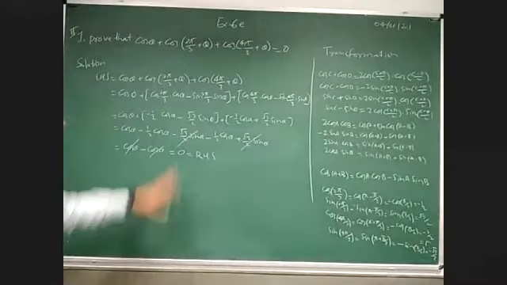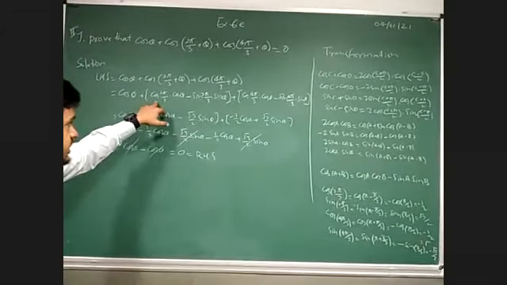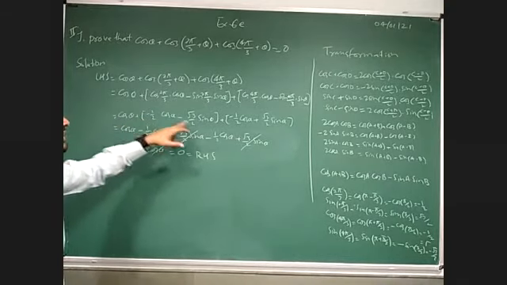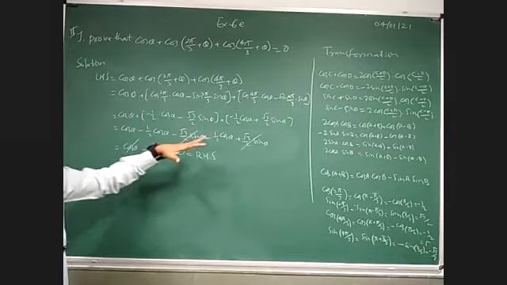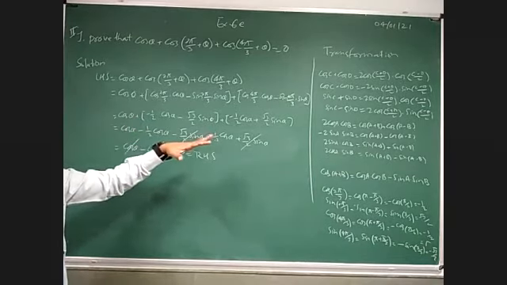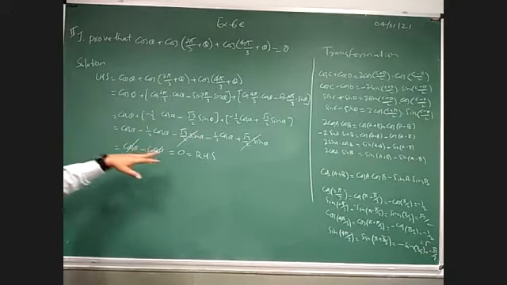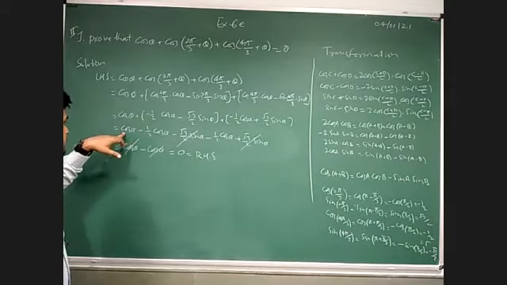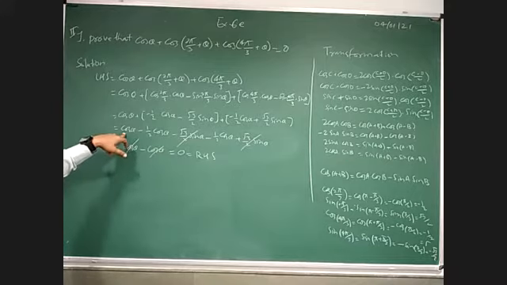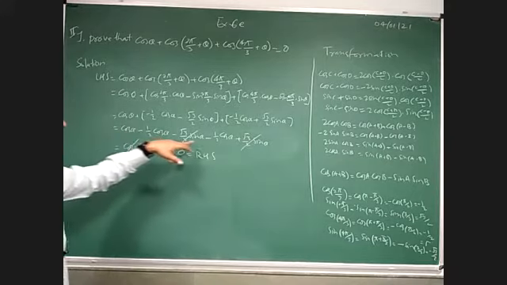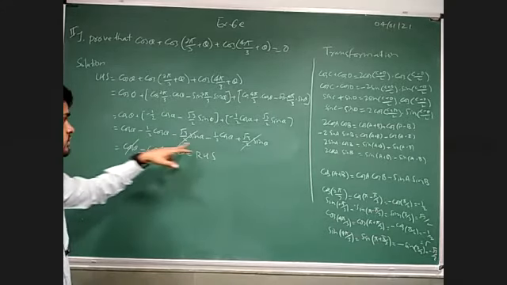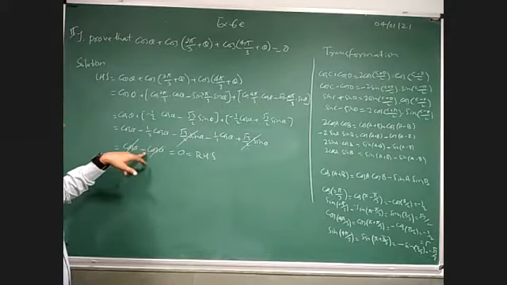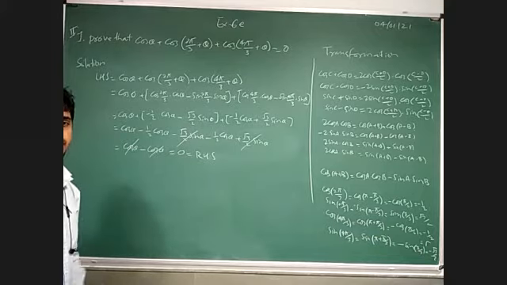So I just put all the values in this step, and I got this step, and I open the bracket, and the terms that are getting cancelled got cancelled. Now the rest of the part is minus 1/2 cos θ minus 1/2 cos θ, that is minus 1 cos θ. So cos θ will be cancelled, and here we will have 0.